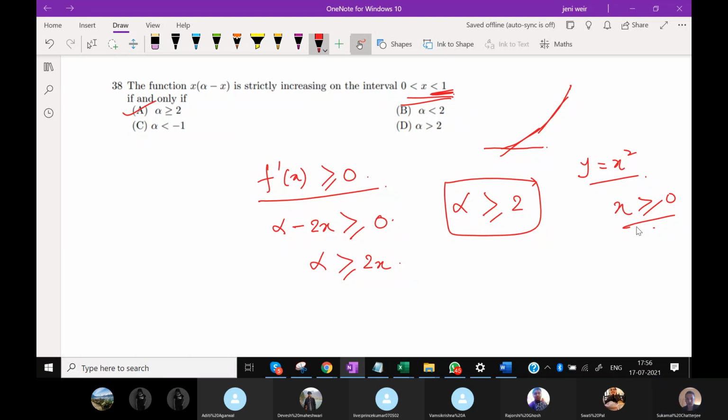Right? Like substitute value of x in alpha greater than or equal to 2x. And if you put 0.5, then alpha must be less than 2, for numerical value. You have to consider the maximum value of x here. You cannot take a particular value. By your logic, I can take x equal to 0.0001. Isn't it? Agreed?